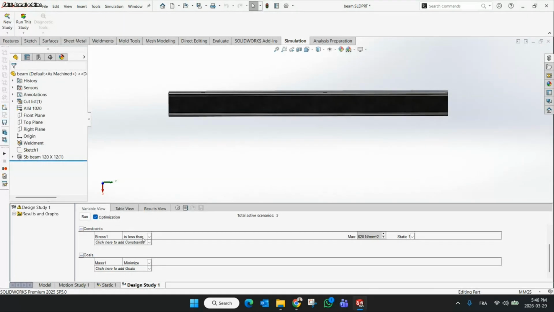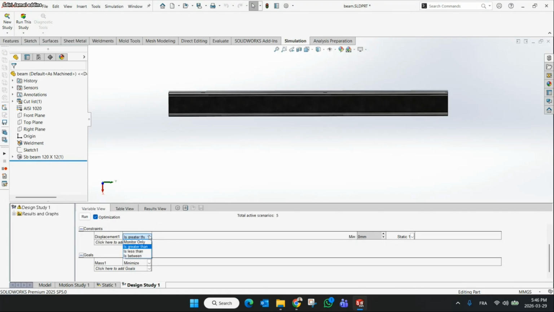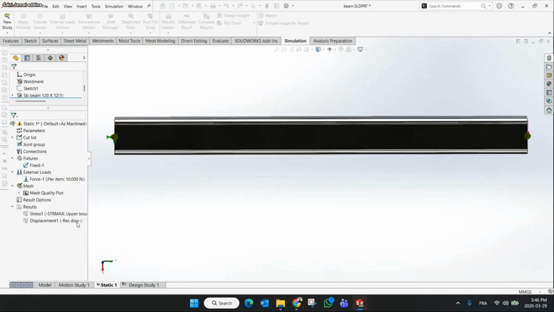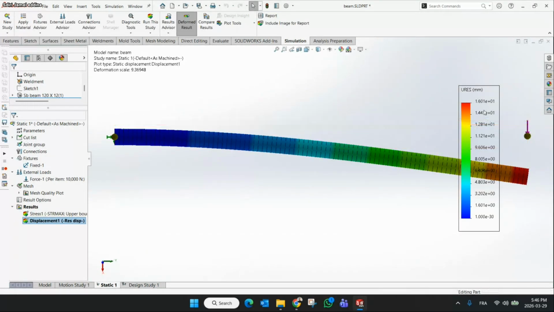I click OK. Here I'm changing my sensor to displacement. I will delete this one. For this case, I just need to run a quick simulation. The maximum displacement is 60 millimeter. Okay,